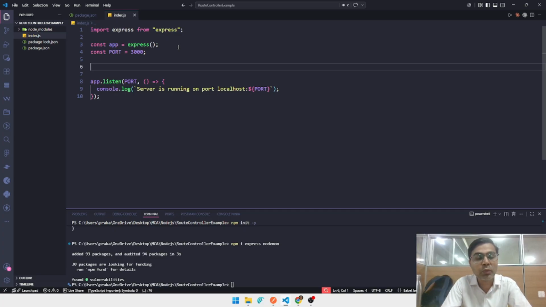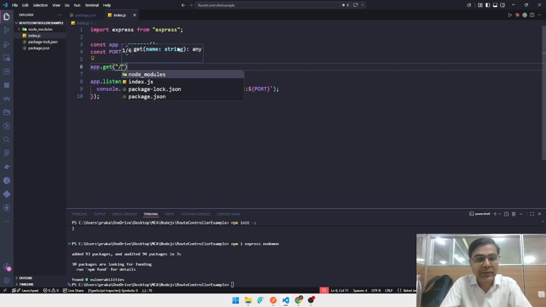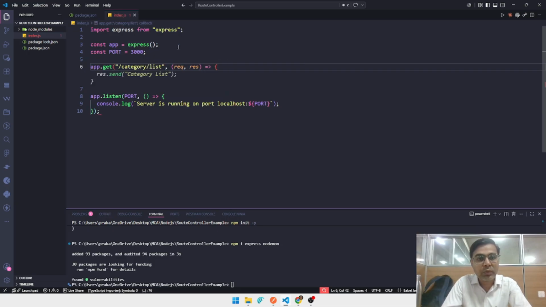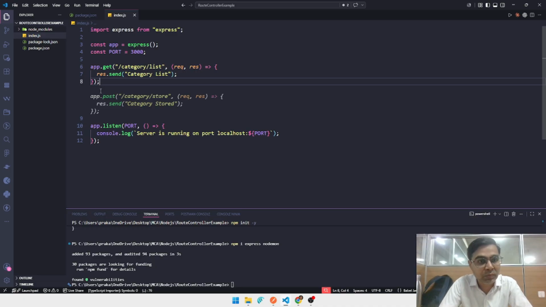So I prepare two routes, get and post. I use app.get. I am working with one resource, that is categories. So I write category, and in category there is a list. So I want to list all the categories. Another route I prepare is app.post, which is the category store, and here I want to store the category, but